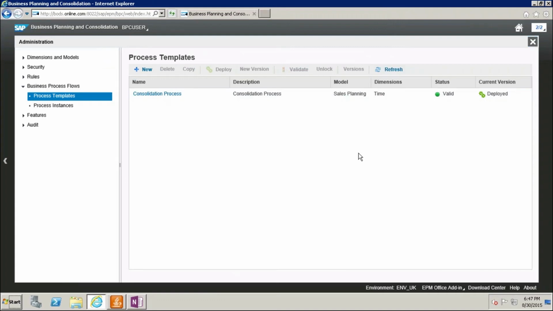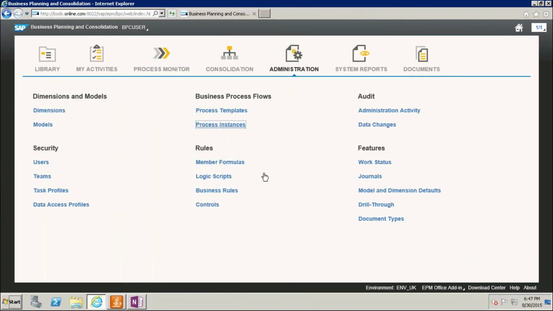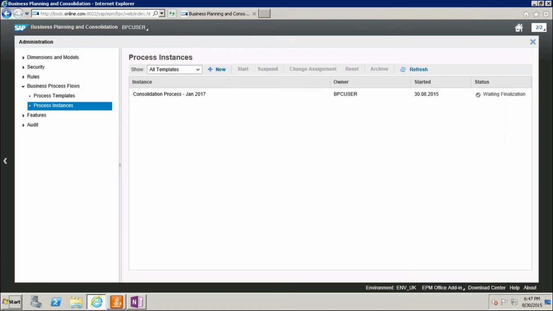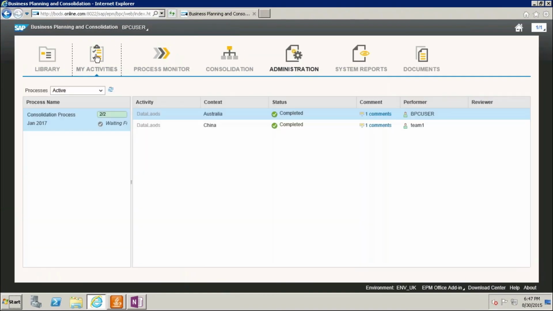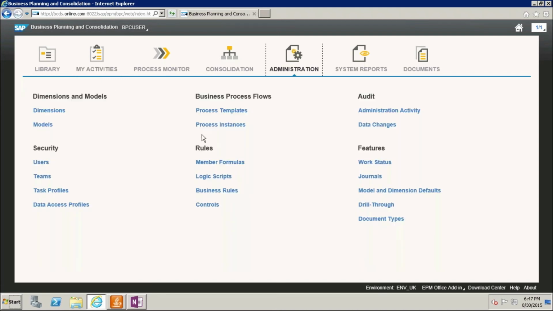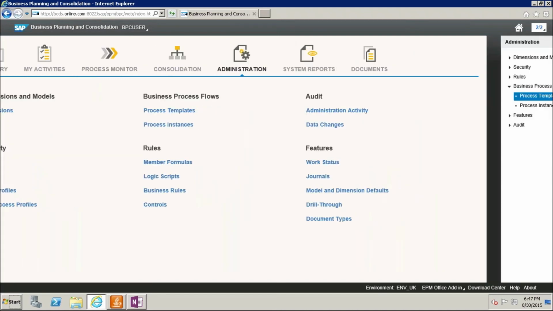No, we don't get the template here, only the instances you can see. In my activities, if I go to process template,